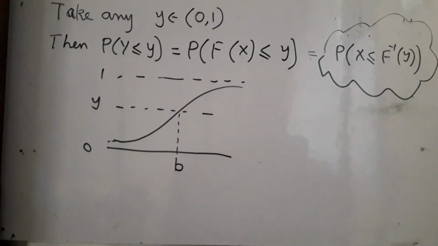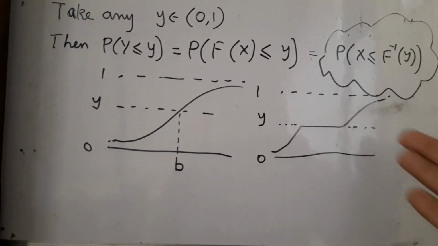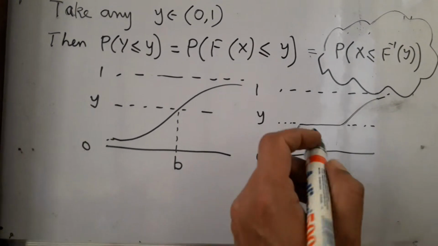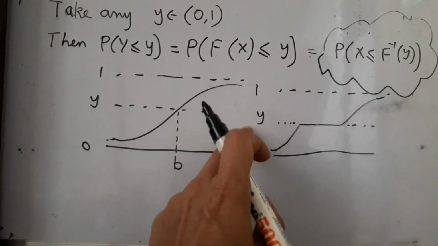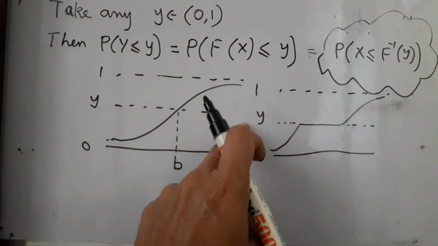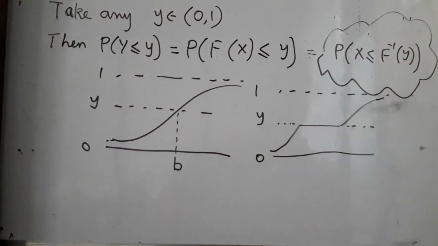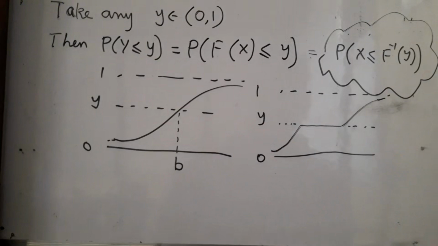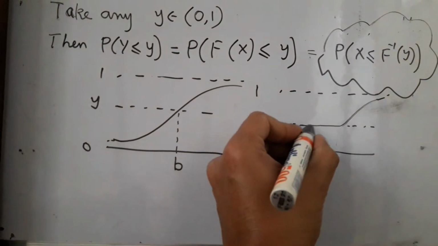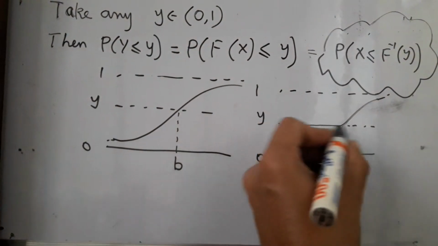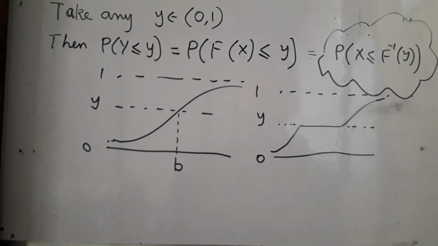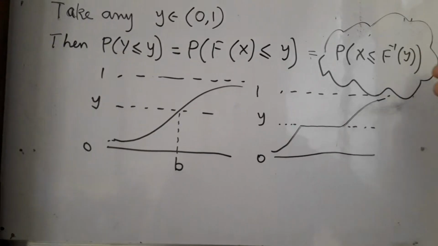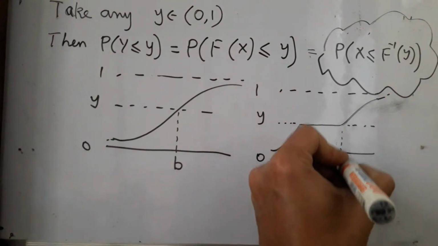You may also have a situation like this, where it is just horizontal over a certain range, and it so happens you have precisely chosen that y where it is flat. Now it is not one to one. So the question is, which value do I take? So the value y is taken over this entire interval. In that case, if you look at it for some time, you will guess that you want this very end